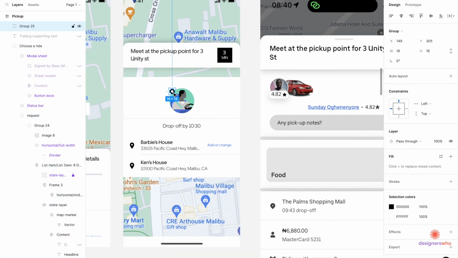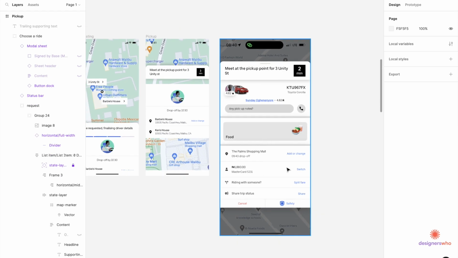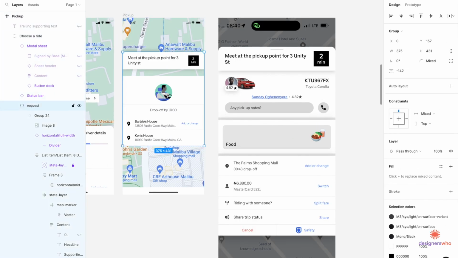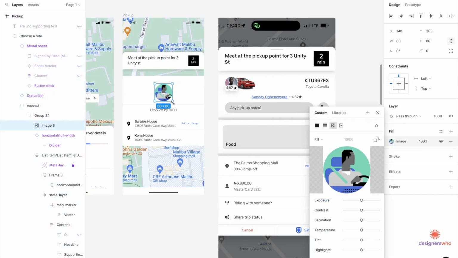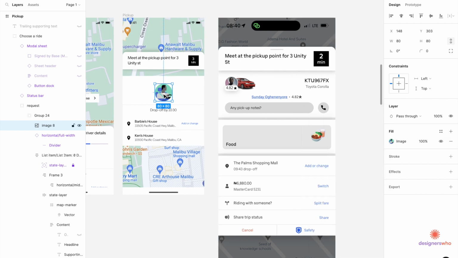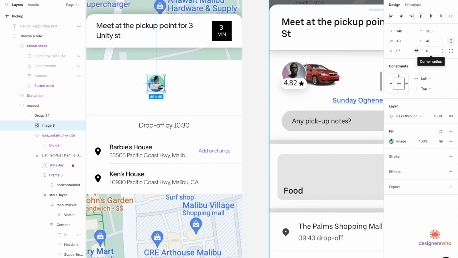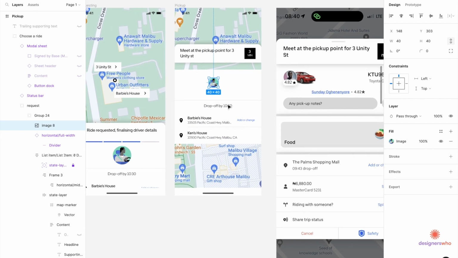So now, can delete this. I'm not going to add all of this, I'm just going to stop here. So when you're doing your own exercise, you can choose to go as far as you want. I'm just being mindful of time. I'm going to reduce this to 40, make sure the constraints are on, and I'm going to get